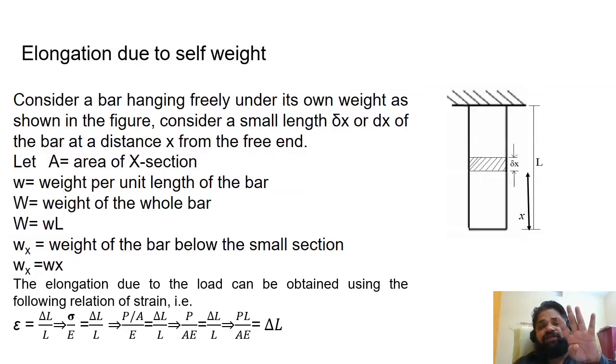And what are the four things? First, its weight which has been applied or due to its own weight, length of the object, area of that object, and Young's modulus of that material. That will give me